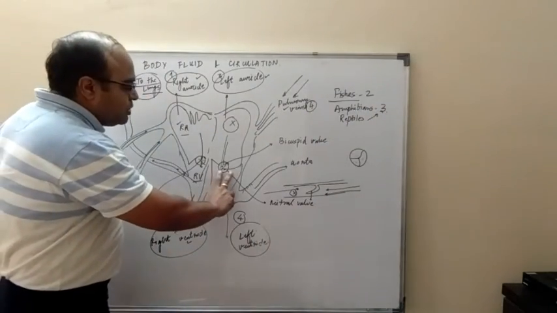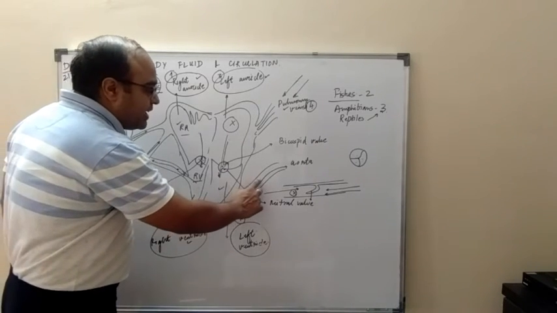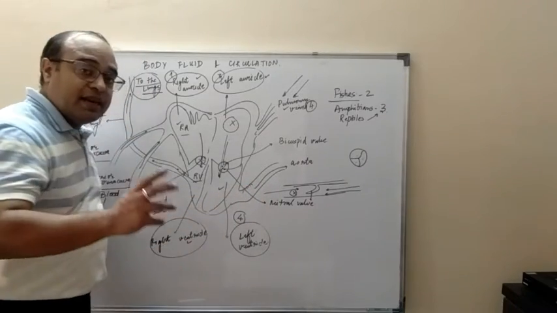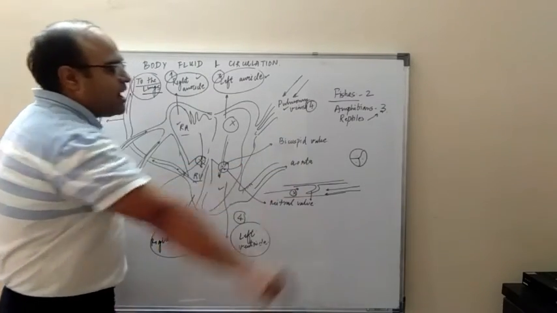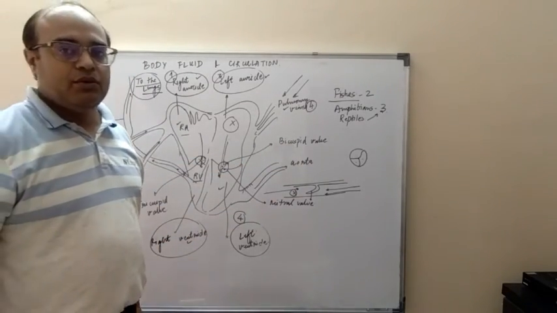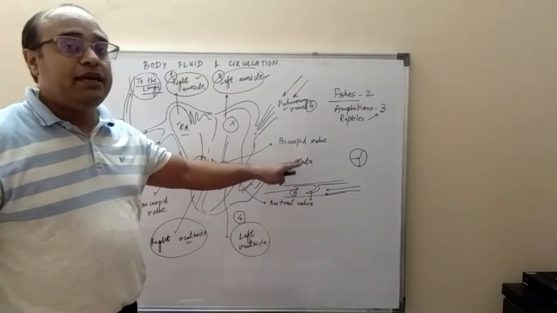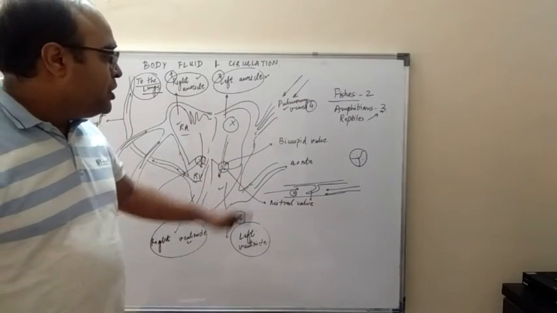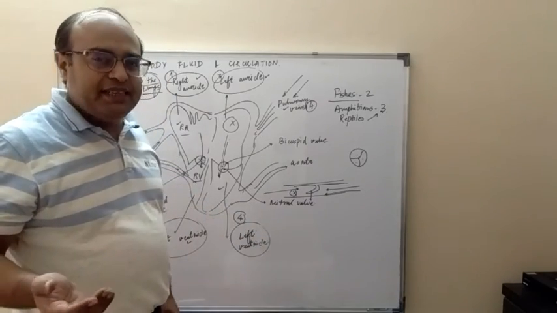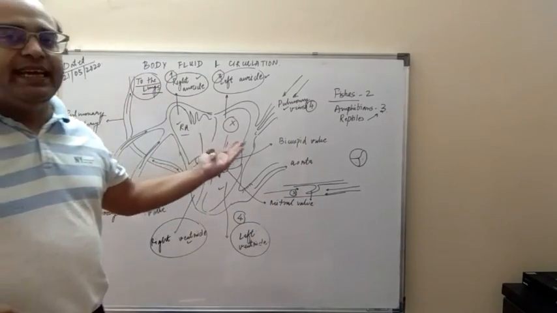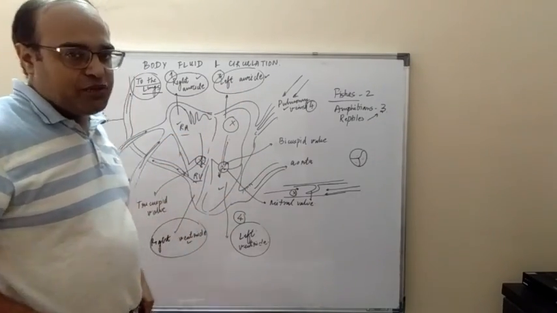Now we come on to this chamber, which is known as the left ventricle. The left ventricle again pumps the blood into the largest artery of the body. What is this artery known as? This artery is known as aorta. So aorta is the largest artery of the body, and it pumps the blood to the various parts of the body. What this artery leads to, what the branches of this artery are, these things we would be dealing with in detail when I would be detailing each of the following structures.